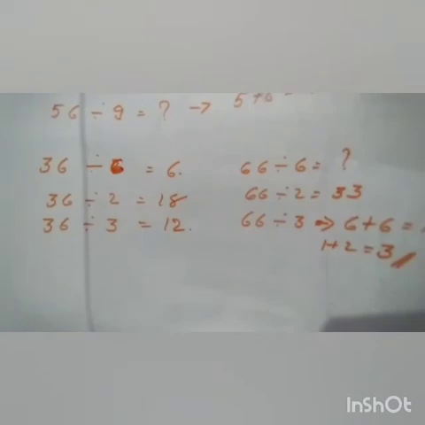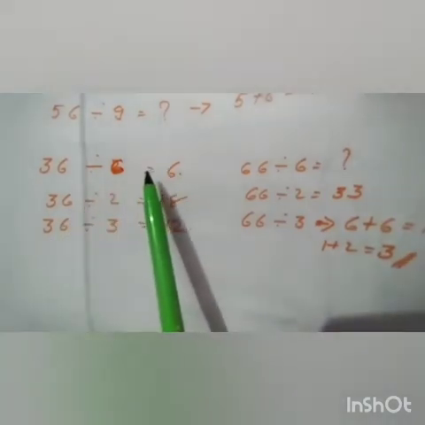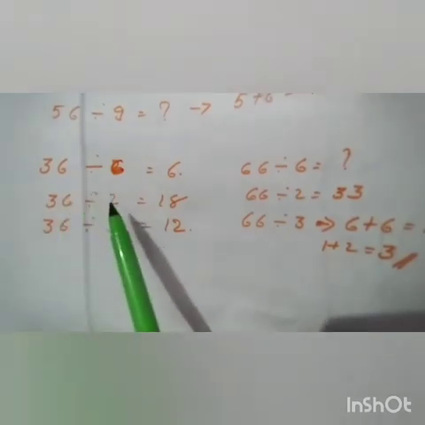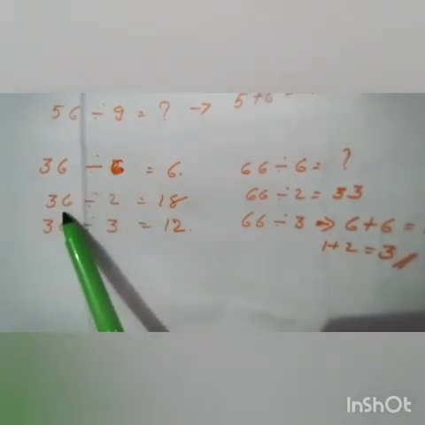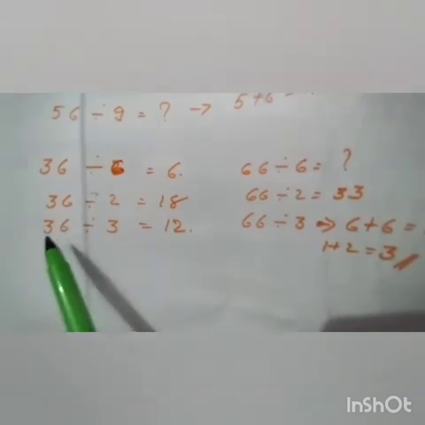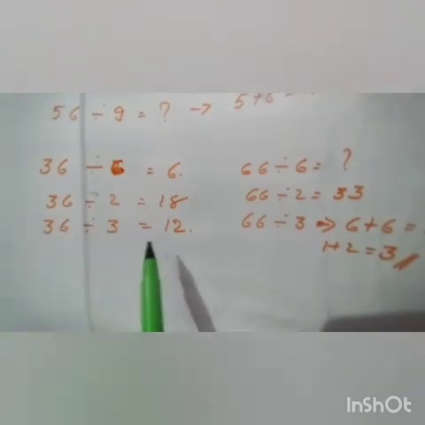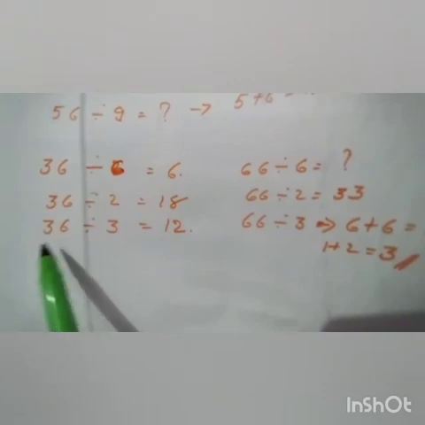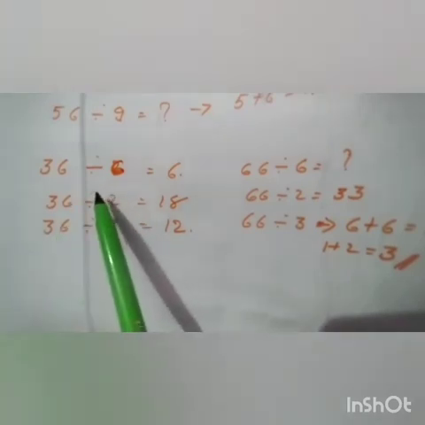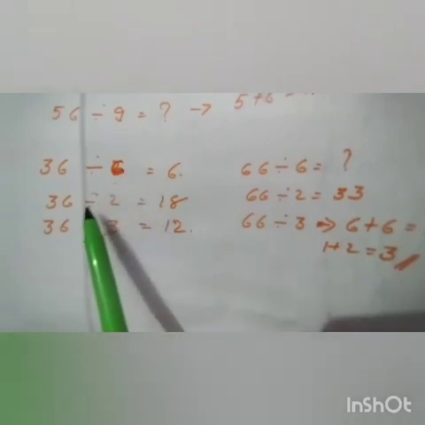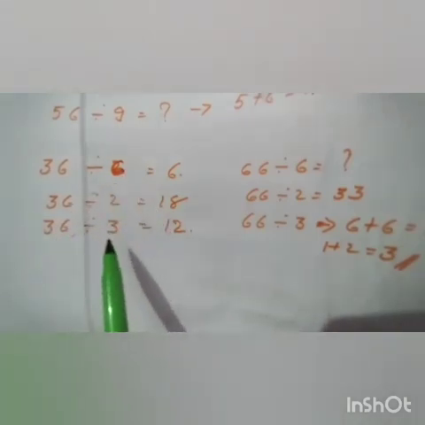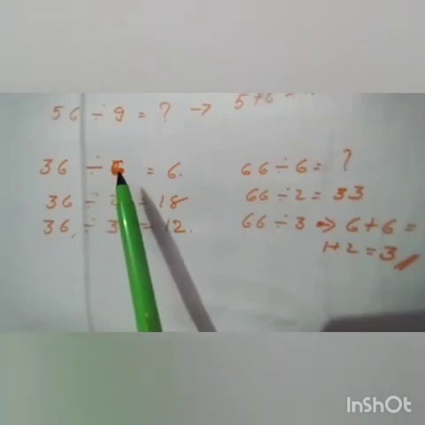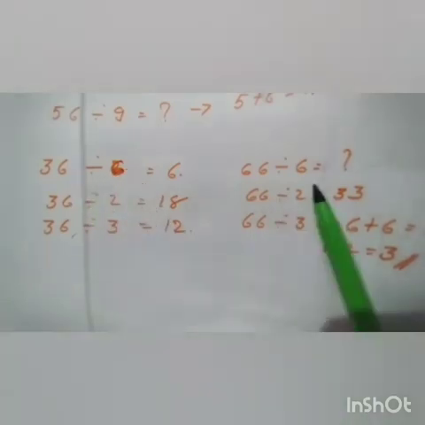Here is an example. 36 divided by 6. 6 6s are 36. Check it. 36 is exactly divisible by 2. How? 6 is the unit digit. Then 36 divided by 3 equal to 12. 3 plus 6 is equal to 9. So, we can divide 36 by 3. That is, 36 is divisible by 2 and 3. So, we can divide 36 by 6.